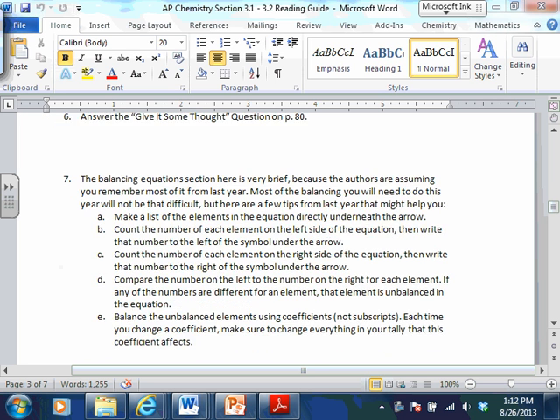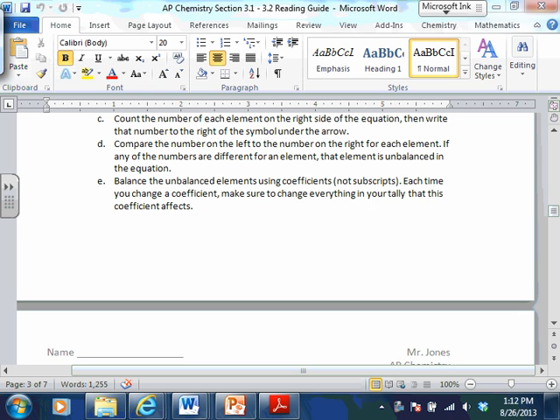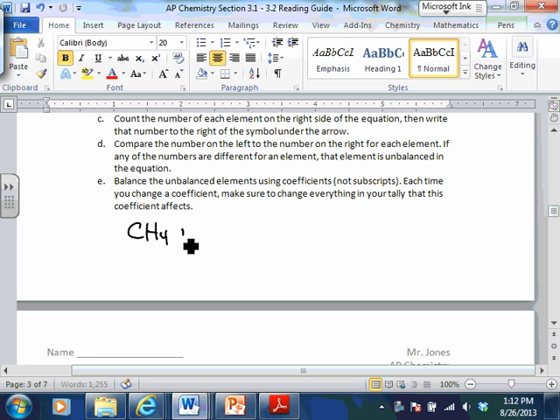So this right here, this little blurb on balancing equations, they don't talk a lot about it in the book, but here's just kind of a reminder to you of how this works. So you guys remember how I taught you to do it last year? So let's say you're balancing a simple equation like CH4 plus O2 yields CO2 plus H2O, okay? All you need to do here is just make a list of the elements underneath: carbon,